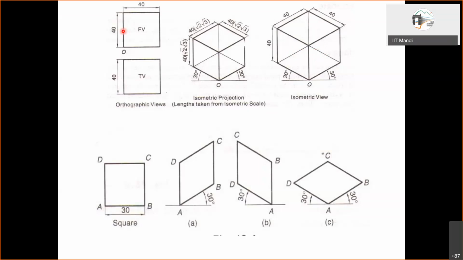If you consider this side, this will represent the height. So this side goes as the vertical side over here. And this side goes along this 30-degree line, right? So this is what we will be following. For the front view part, one side will go at 30 degrees, and the height will go in the vertical direction. Then this will work as the depth for the front view. So this depth will be drawn along this 30 degrees. Like this, we'll have to proceed.